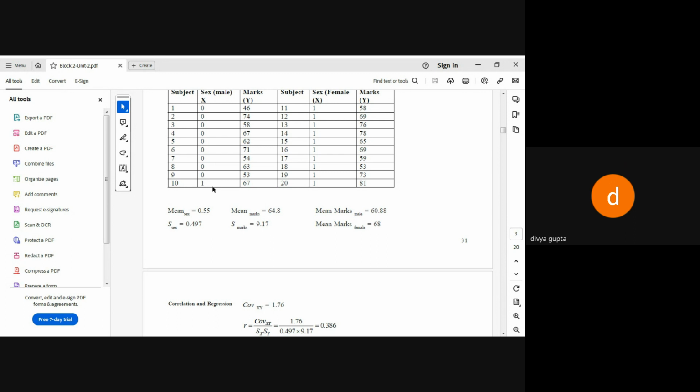The total will be 11. Total number 20. So the mean is 0.55. Now the same, the total mean